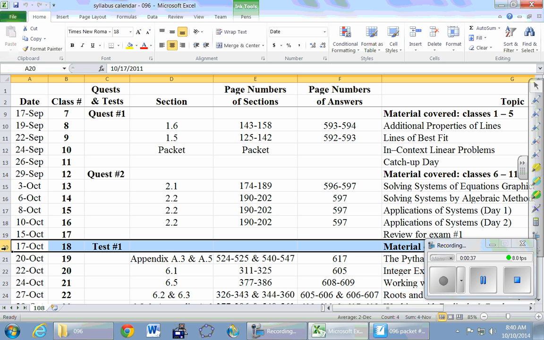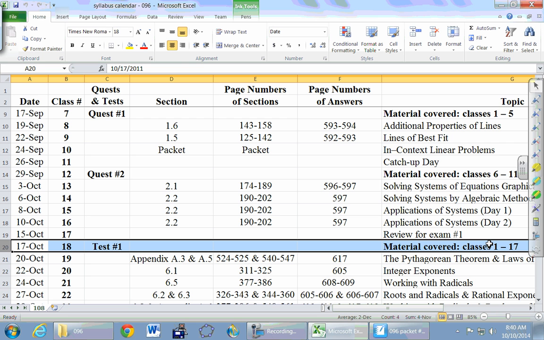All right? And in terms of what's on the tests, well, it's everything. Classes 1 through 17, which means the test is more comprehensive than the quizzes have been. So how do you best prepare for the test? Well, you go over all your old homework, you go over the first 2 quizzes that we've had, and